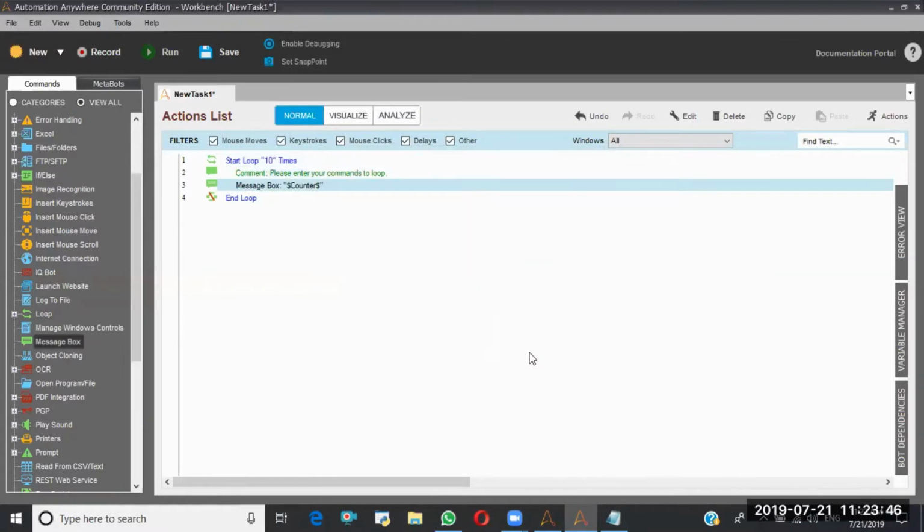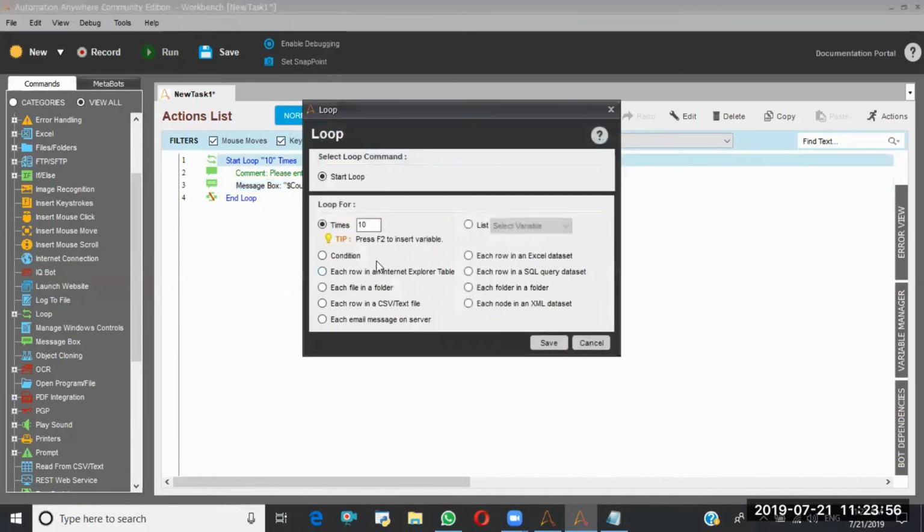This is the general loop. If you want to run any set of code n number of times, you can use the Times loop and give the times value as n. Here my n is equal to 10. If you want 20, you can give 20. If you want 100, you can give 100.